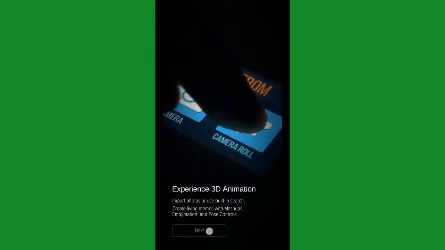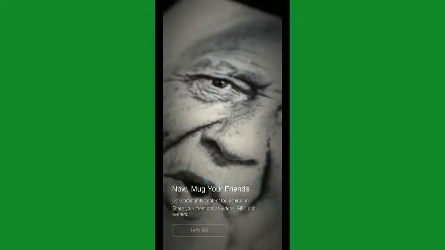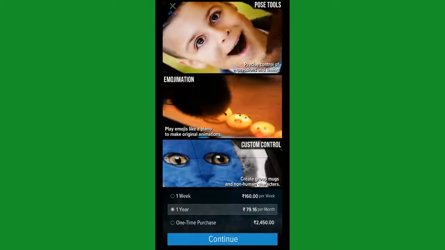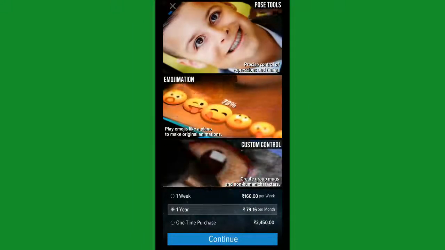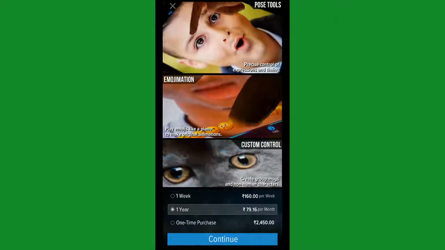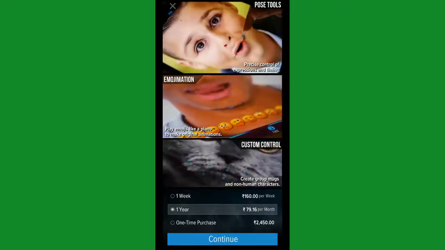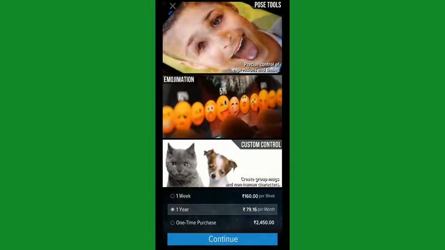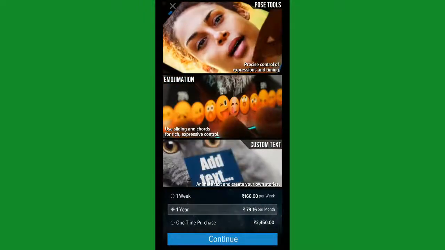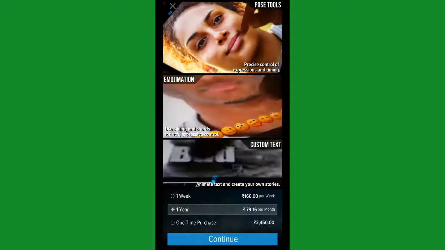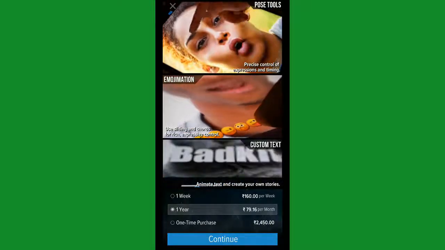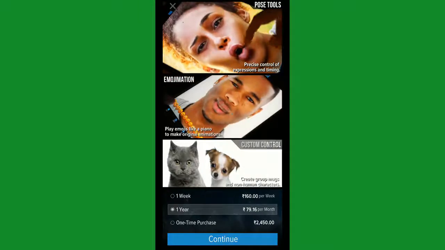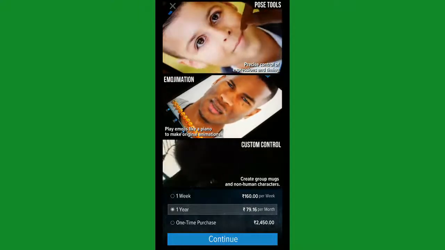Just close this for now. This has some Pro Tools features, that is pose tools. This tool takes a static image and you can add emotions here. If you move anywhere within the image, then the expression changes, as we are seeing in the first image.